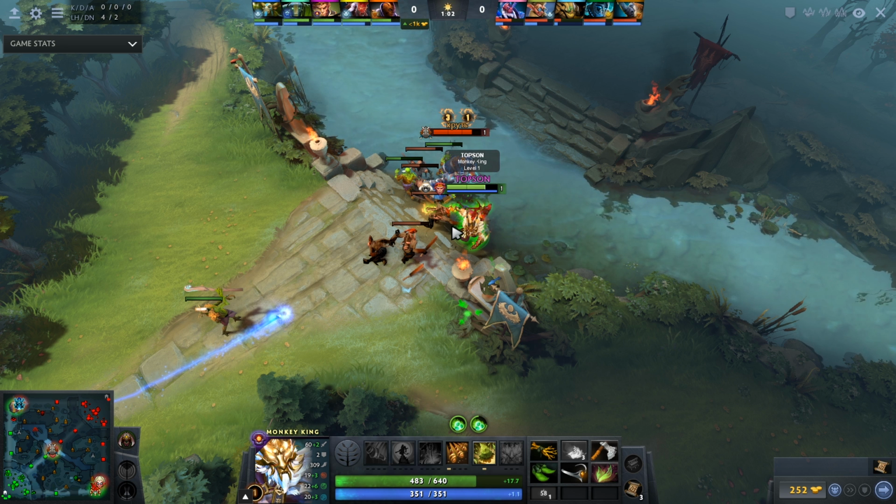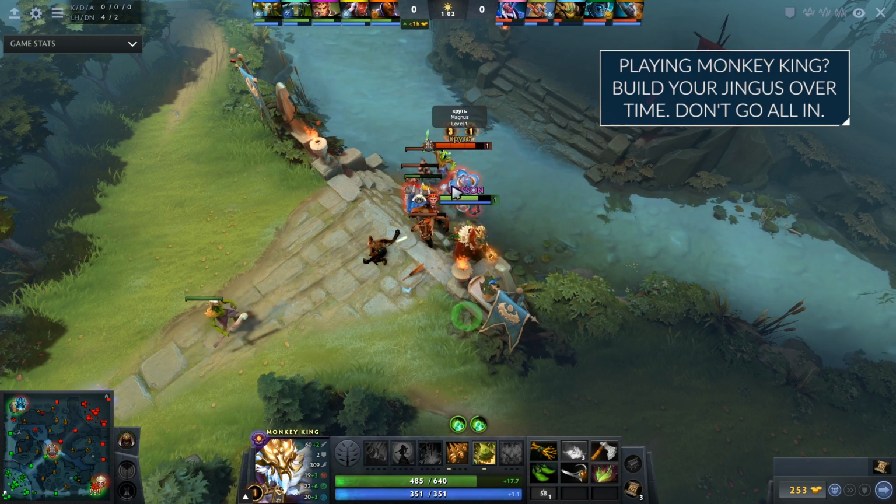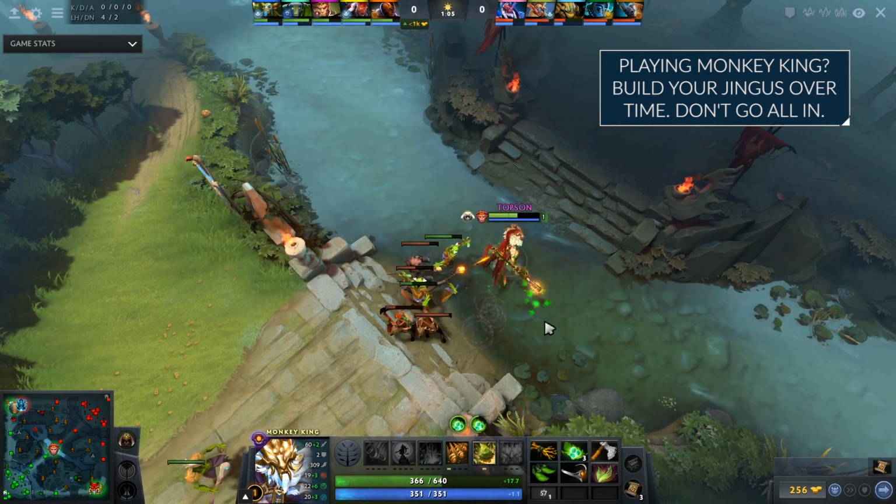Most players don't ever do this. If they go for Jingu Mastery, they try to get all 4 stacks every single time they go for it. No, the goal of Monkey King in the laning stage is to hit them once, then maybe 2 seconds later hit them twice, then hit them 3 times. Obviously there's situations where you can get 4 straight up, but as you can see with the Magnus here,